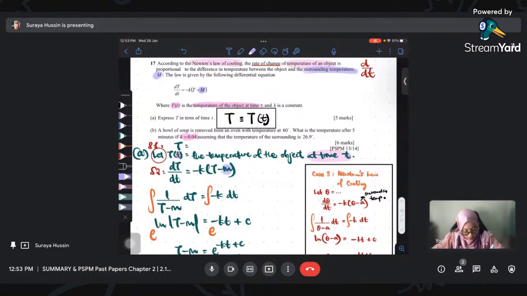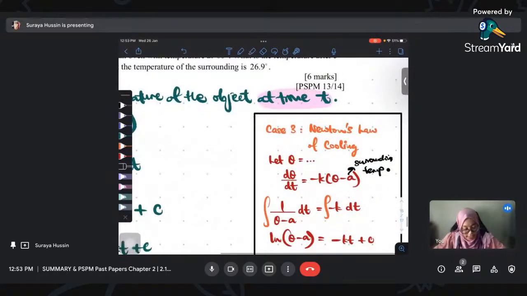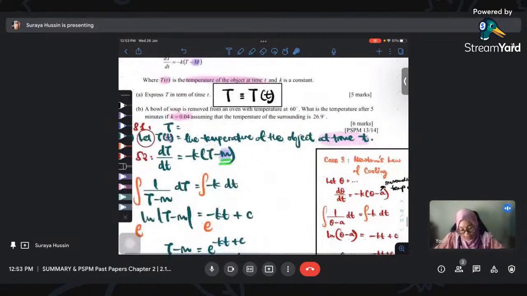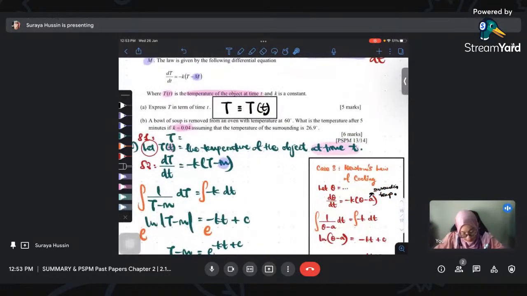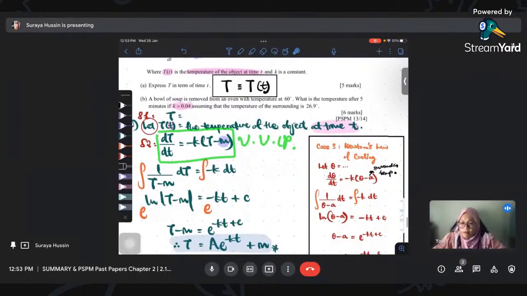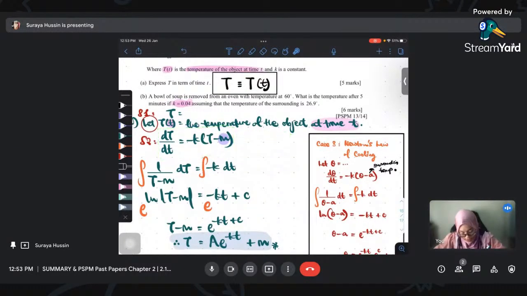Okay? The surrounding temperature is M. Jadi pakailah M, jangan pakai A. A ni teori je. A ni dekat formula sahaja. Alright, so now you just use the M sebab dia yang kata suruh pakai M. Okay, so yang penting kamu faham that this second step is important. Second step is VVIP. Okay, second step is very very important sebab dia perlu ada rate of change dan dia